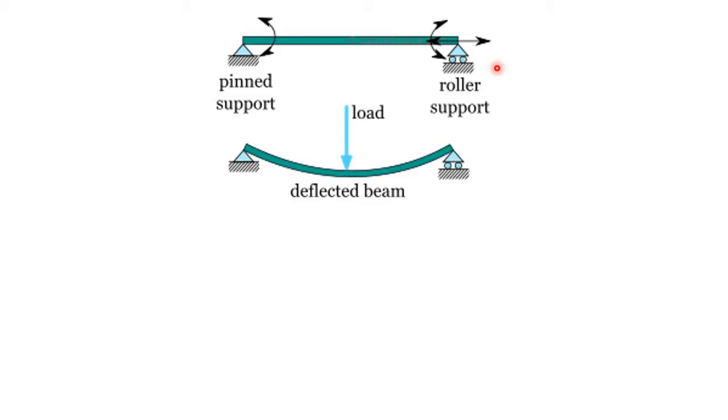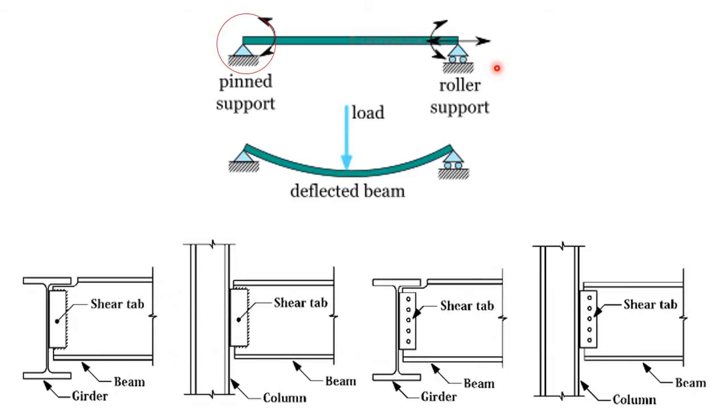But in actual cases, or in real life, when you would like to construct this type of pinned or roller support, especially the pinned support, it looks something like this. And all these connections are known as shear connections. Now you may be confused: well, this is a shear connection, it's okay, but why do I need to consider the moment in this type of connection? Though theoretically there is no moment coming at the support, we need to design this type of shear connection or pinned connection considering the moment. Sounds like a paradox, isn't it?